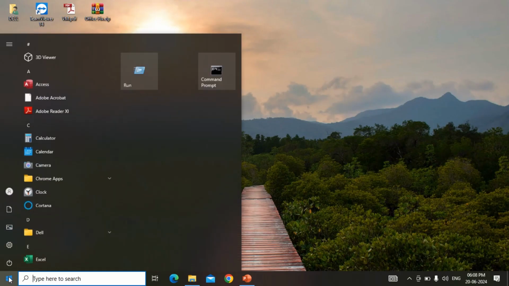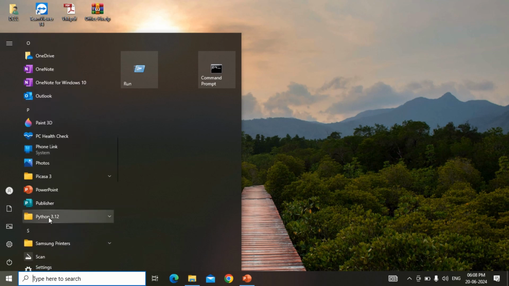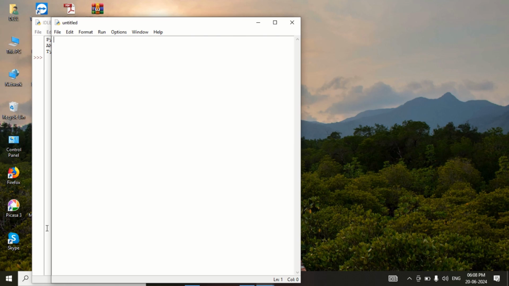First I will open the Python interpreter, and in this one I will be writing a Python program to illustrate a user-defined function with no argument and with return value. So I will create a new file, Ctrl+N, the shortcut key. So here I will write the program name as a comment: